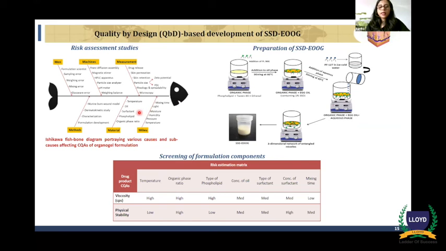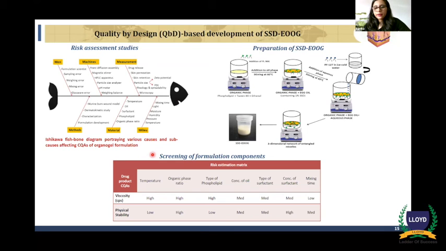After that, a screening design, that is Taguchi design, was used in order to build up this risk estimation matrix and to identify which critical quality attributes have a high risk factor, which ones have a medium, and which ones have a low. So these were the critical quality attributes, and then the response variables were viscosity as well as physical stability. Initially the formulations were tested just for these two response variables, and with that we